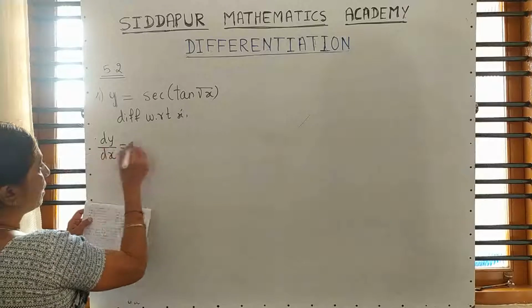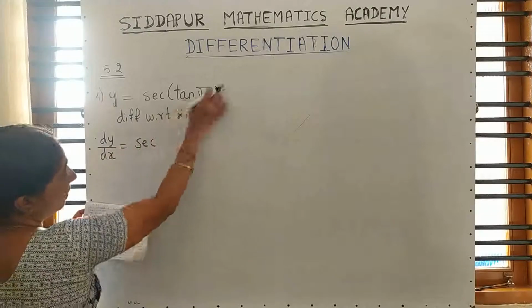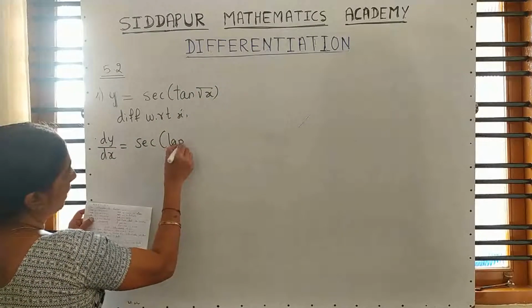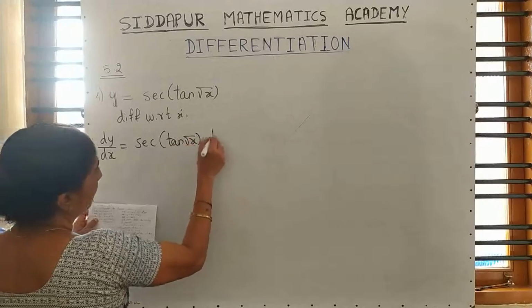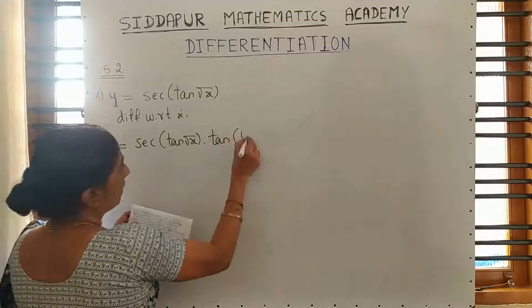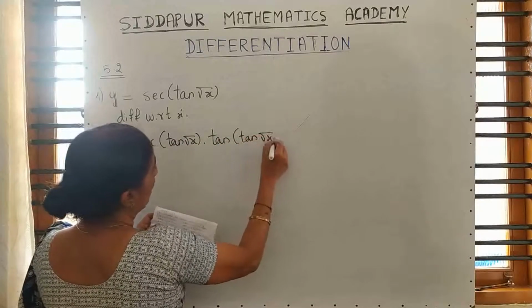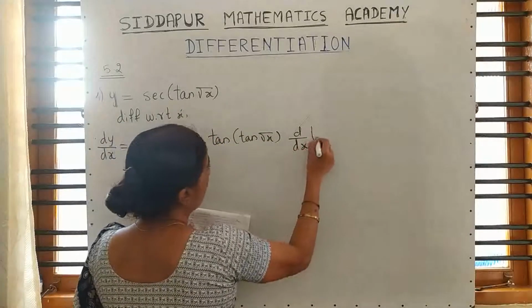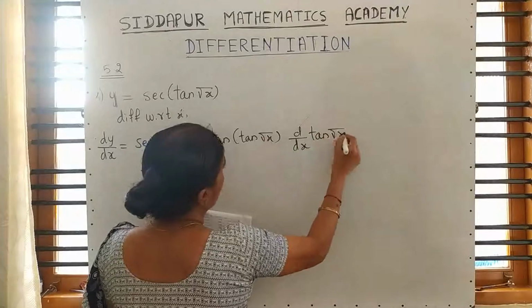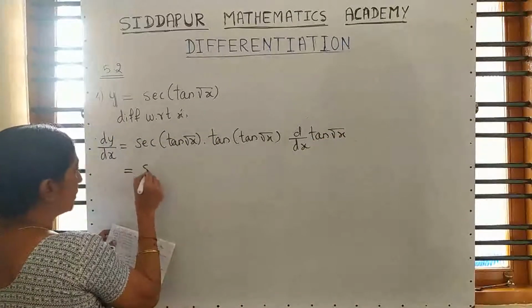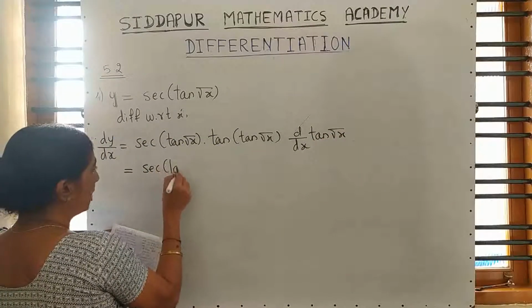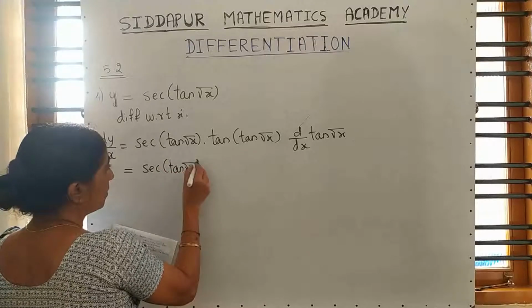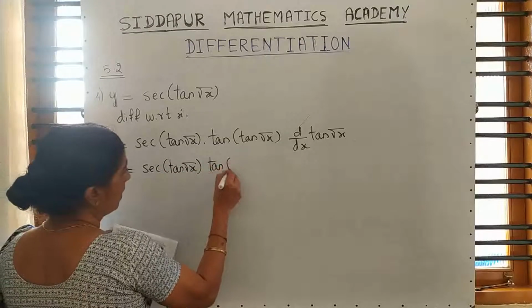Differentiation of sec is sec into tan. This is the angle. Sec into tan. Angle is tan root x. After the outside trigonometric term, what are you differentiating? We are differentiating tan root x. So it is sec of tan root x, tan of tan root x,